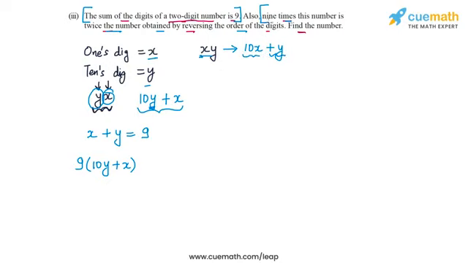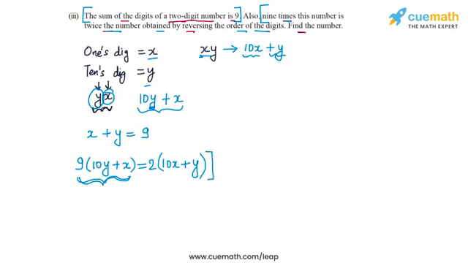So coming back to this piece of information, it says 9 times this number is twice the number obtained by reversing the order of the digits. The reversed number is 10x plus y, and 9 times the original number is twice this reversed number. So this is how you set up the equation in this case,